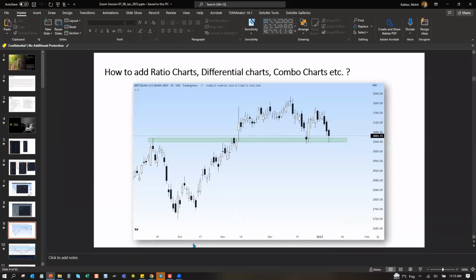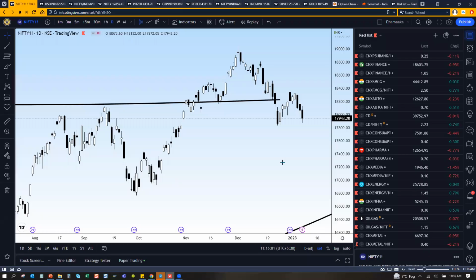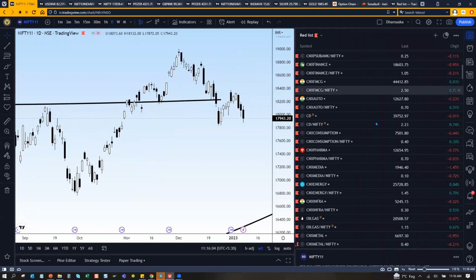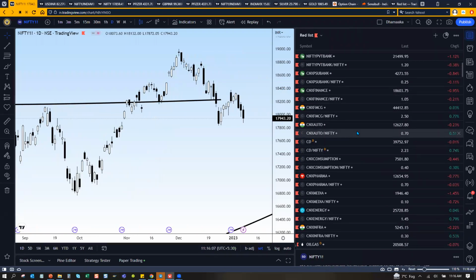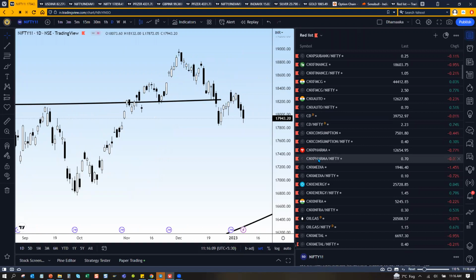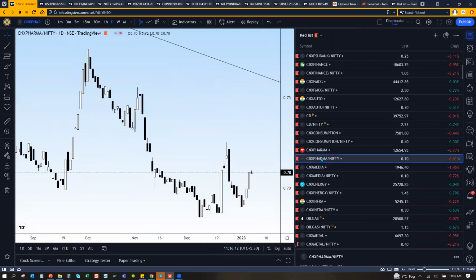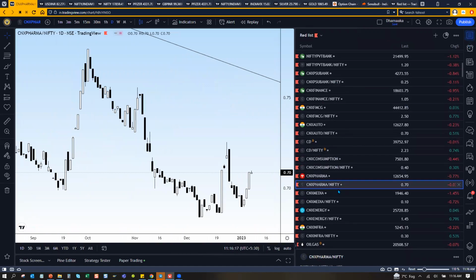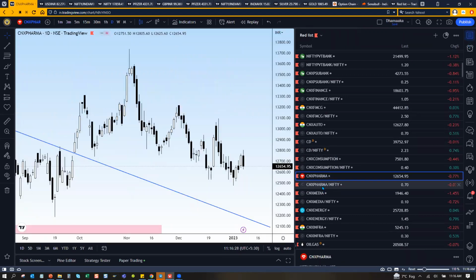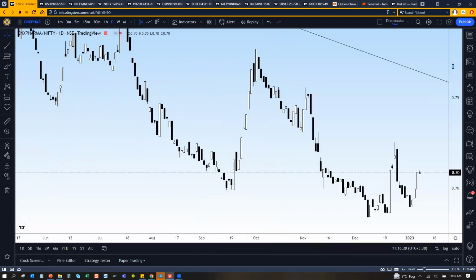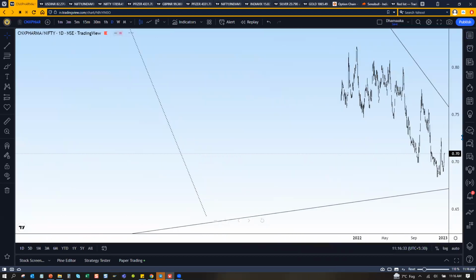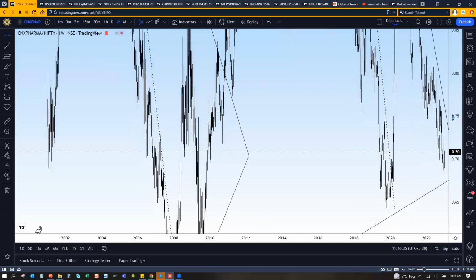Let me show a little bit more in the system. I have a watchlist here. This is my personal one, so I don't advise that you should also do it. Say, for example, pharma by Nifty. I do sector analysis before I choose a stock. So for all the indices, I have a ratio chart with Nifty. Apart from looking at the pharma index itself, I also compare how all sectors are doing vis-a-vis the Nifty broader index as well.